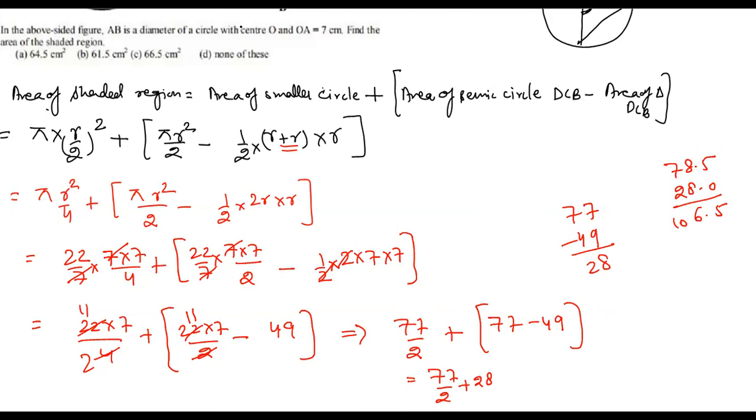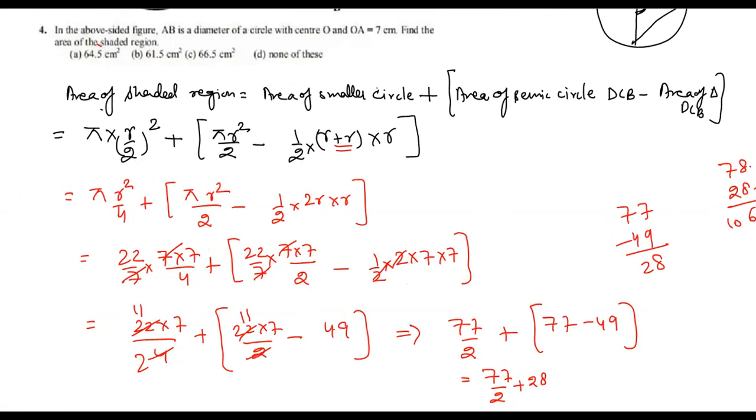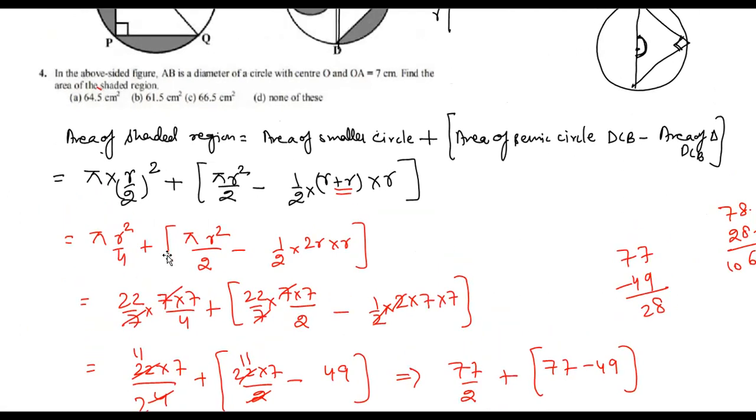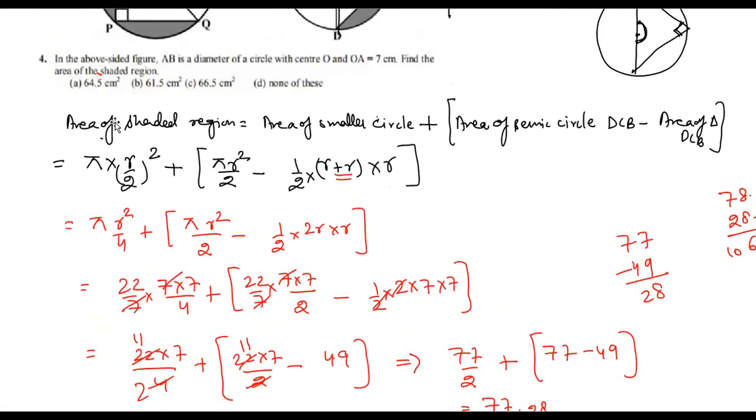The diameter of the circle O is equal to 7. Find the area of the shaded region. Okay, so where have we committed the mistake, let me check. What was your answer coming, Kevin? The same answer is coming or not? I didn't do it. I didn't know how to do it. You have not done this one. So let me check it once more.